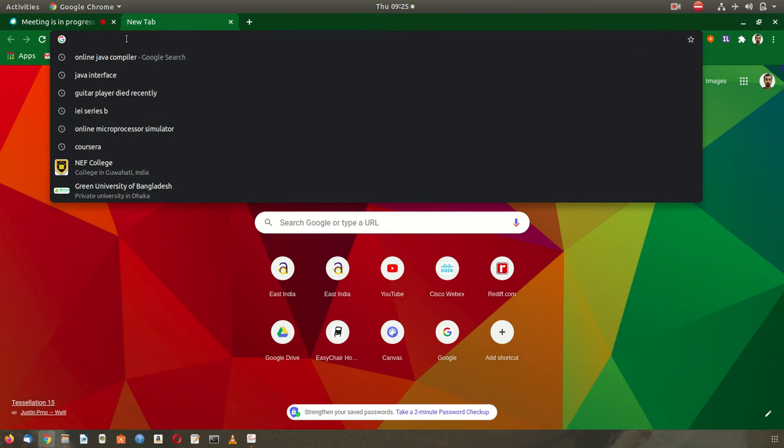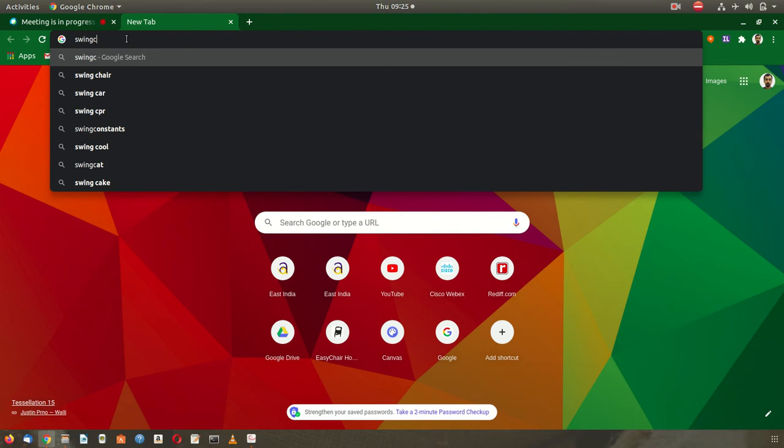Whichever point you have confusion, better you ask, because now we are going into different areas of Java, and things may get clumsy if you are not practicing the previous topics. Okay, anyway, swing components.